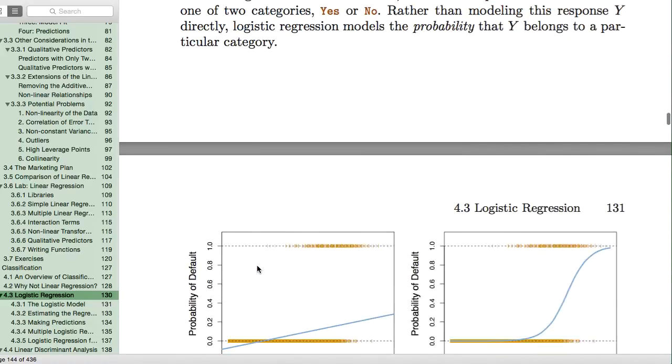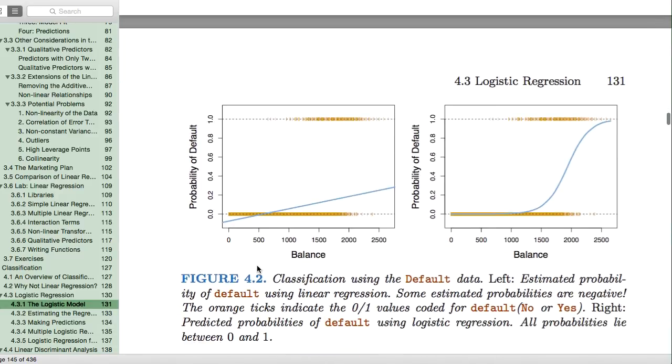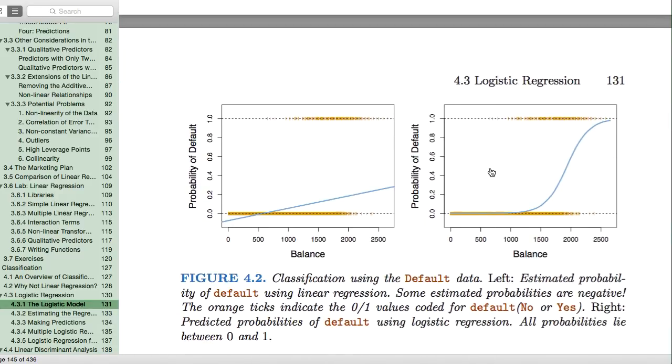And we can see that most easily with a picture. So here's a picture of linear regression contrasted with what we're actually going to use. And in the case of linear regression, the outcome variable we say is 0 or 1. And the linear regression line has some slope, some positive or negative slope. And so that line may cross this axis here. And so at a value of balance being less than, I don't know what that number is, maybe 900 or 400 or something like that, some value close to 500. At some value below there,